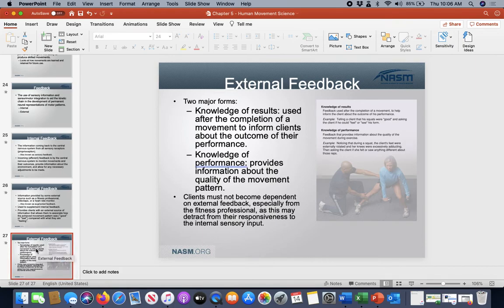Okay, and then again, as you get better at your job, your external feedback, your cueing, your demonstration, and your correction of that person's movement will only become better. So as the professional, the more external feedback you can give, but it's also about making the client understand that they can detect their own external feedback, because you're showing them what they should be feeling and giving them the interpretation of what needs to be felt, so that when they feel like, oh, I did that one